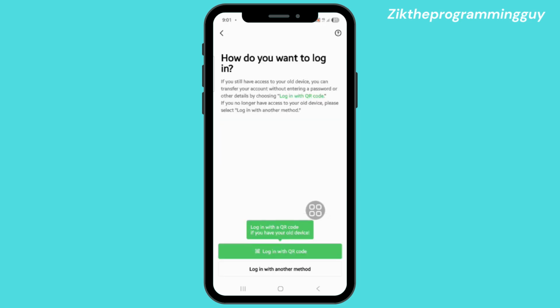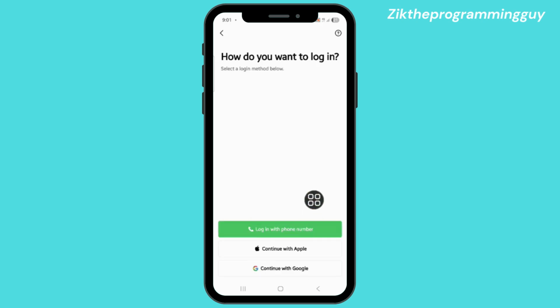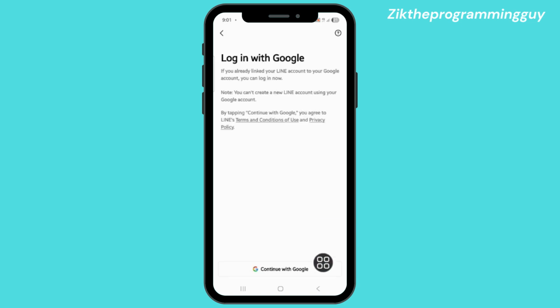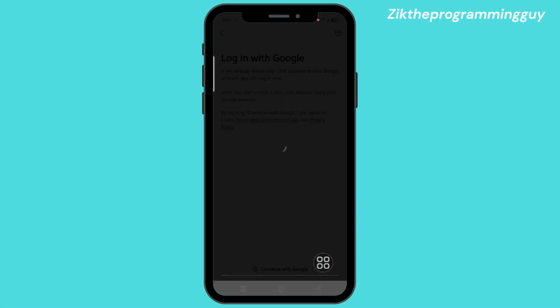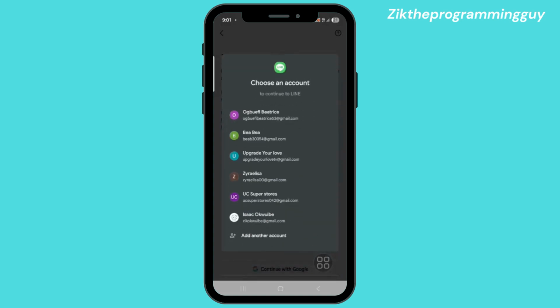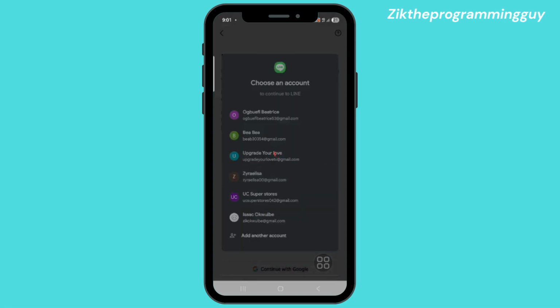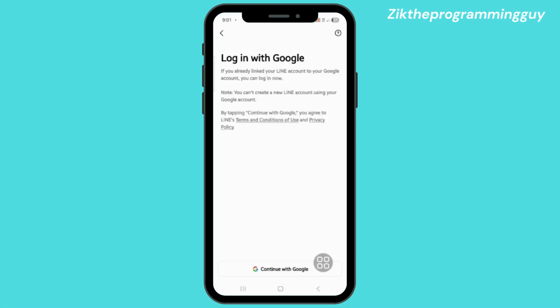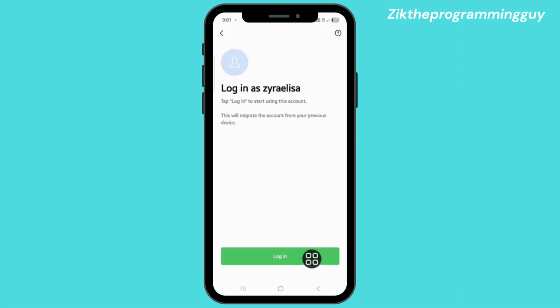Once you do that, they're going to ask you how do you want to log in. You can decide with login QR code or login with another method. So you click on login with another method, click on continue with Google, and click on continue with Google again, and you're going to bring out all your Gmail account. You're going to pick on the one you have already. So once you click on that, you're going to click on login again, and